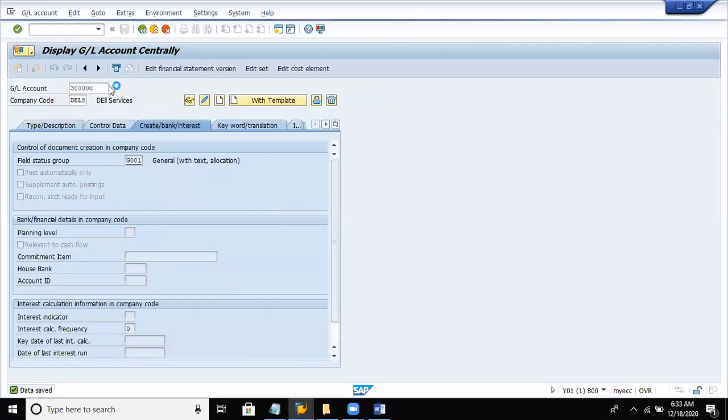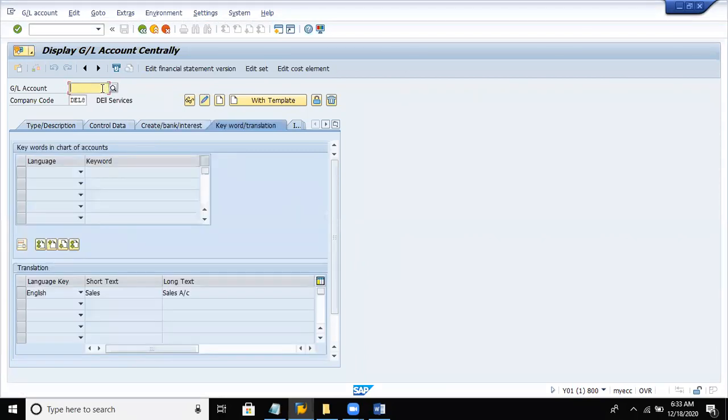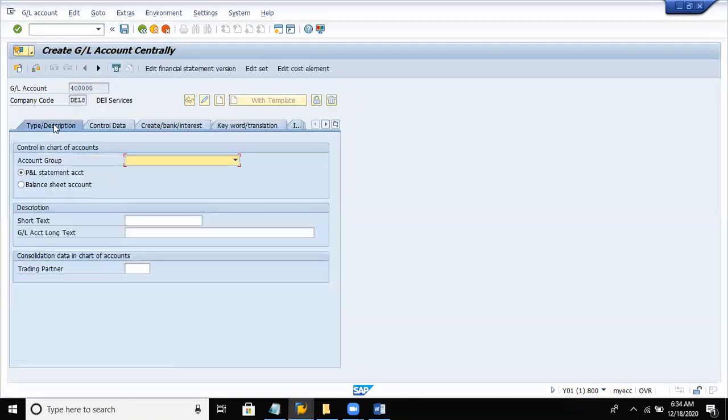So 400000. Click on create. Click on type description tab. Now here account group. So in account group, let us specify it is an expenses and whether this expense relates to P&L account or balance sheet. So if it is P&L, we'll update as P&L.